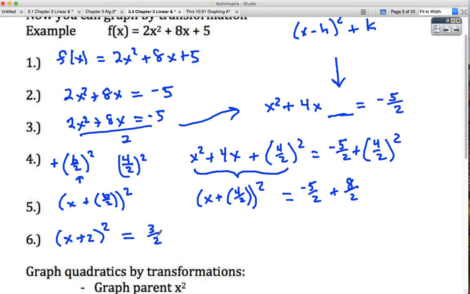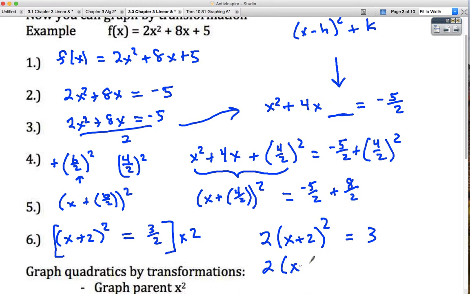But if I'm dealing with a fraction, I can simply get rid of that fraction by multiplying by the denominator. So I'm going to multiply this whole thing by 2. What we end up with is, this is the a value now. So this is 2 times x plus 2 squared equals 3. Now what I'll do is I'll bring this over to the other side,